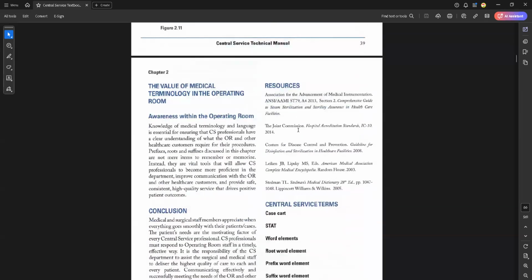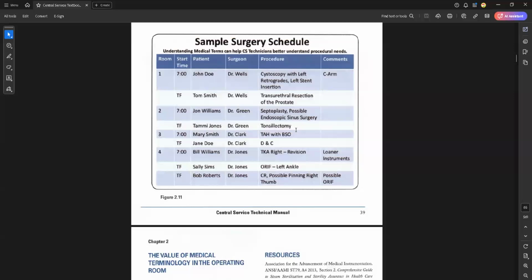So, for example, I was saying that if you're working in the SPD and they bring you the schedule, normally SPD gets the schedule a day before. But there is a system where the SPD director and managers can see the schedule about 2 weeks, 3 weeks, 1 month ahead. Now, for example, when you see Dr. Wells has